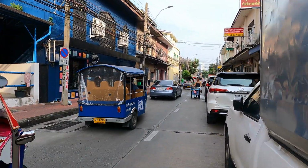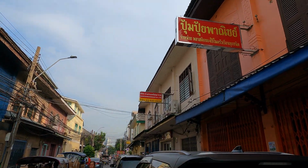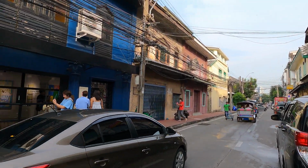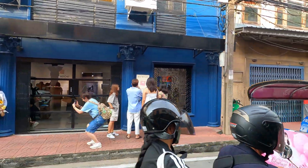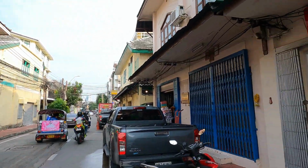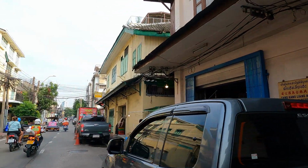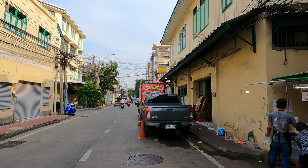So, why is this road taking off? Why has it become the new cool area? Okay, as I said, because new places have opened up here, cafes and so on. That's really crucial. But the main reason is because it adjoins Talat Noi. Talat Noi